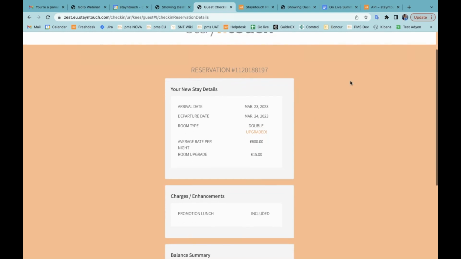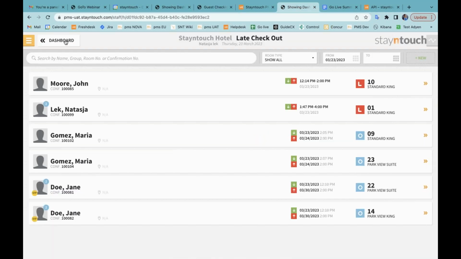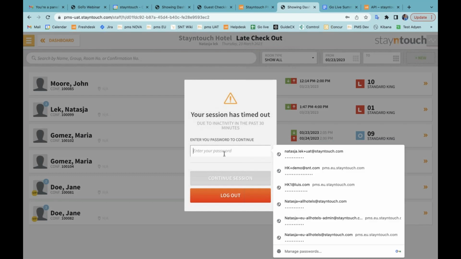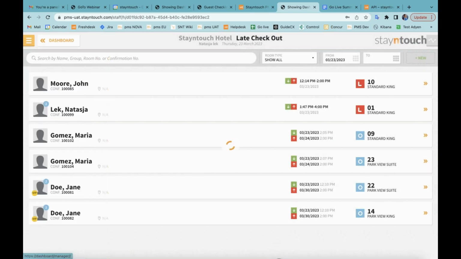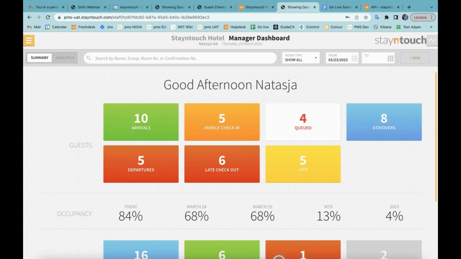All right, so the next topic is relating to the late checkout tile. Let me just go into the hotel. So when I'm on my dashboard, you can see here that I have a late checkout tile. This means that I have reservations that have a late checkout add-on associated with them. So when I go in here